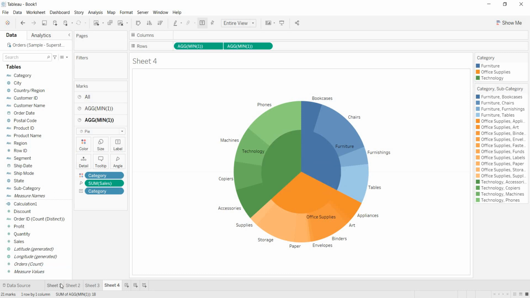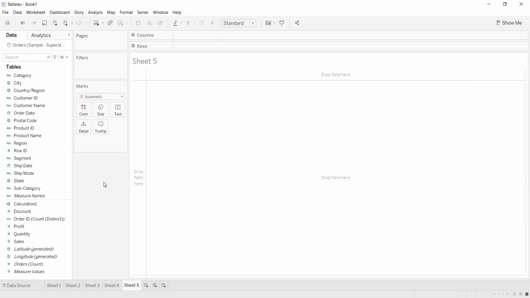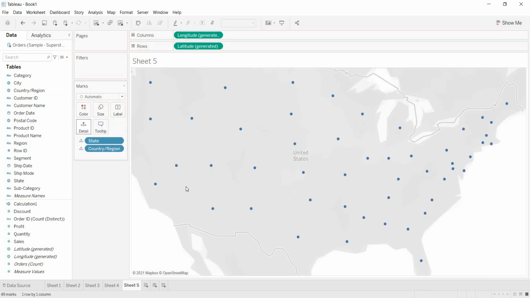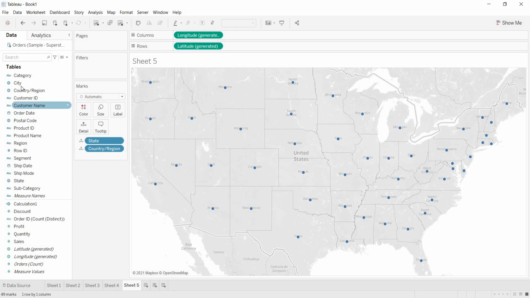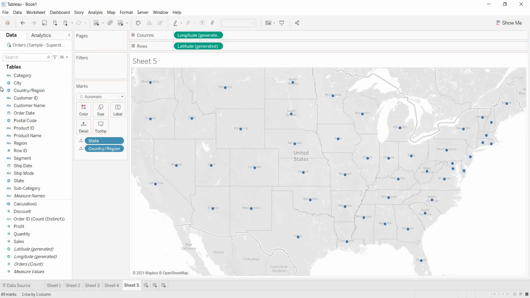But if you want a true layered donut chart like this, then just follow the procedure that I am showing here. From the latest versions of Tableau, I think from 2020.4, Tableau has introduced what we call mark layers in maps. If I'm building any state map, let me bring country to the detail. Now I'm getting this. When I'm trying to drag any geographical field, here you get this option, add a marks layer. This option is available from, I think, 2020.4, from the latest versions of Tableau.